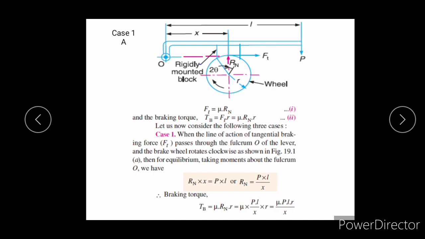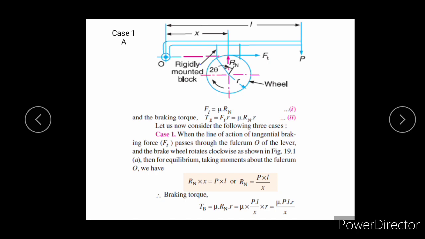Since we are discussing the block, look at the block. See, wheel is moving in clockwise direction. So then the friction on the wheel will be in anti-clockwise direction, means here the friction on the wheel will be in this direction, opposite to the shown direction on the wheel. But on the block the direction will be as shown. The tangential force's direction or the frictional force's direction will be as shown in the figure, this direction Ft. So in this way you can understand the forces acting on this whole system.